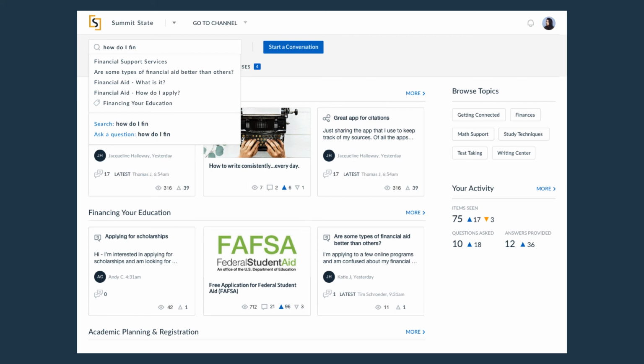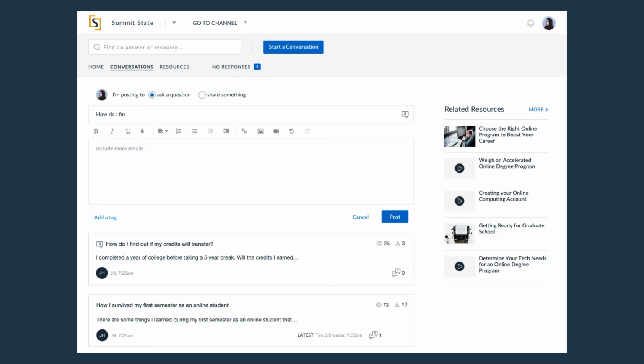When a student enters into Inscribe and goes to ask a question, the first thing the system will do is see if it can find an answer or resource that can help that student already. Many times a student can actually find the answer they need without any further intervention. If the student can't find the answer they need, they can post a new question to the community, and the members of the community or the channel where the question's posted will be alerted that someone needs help.